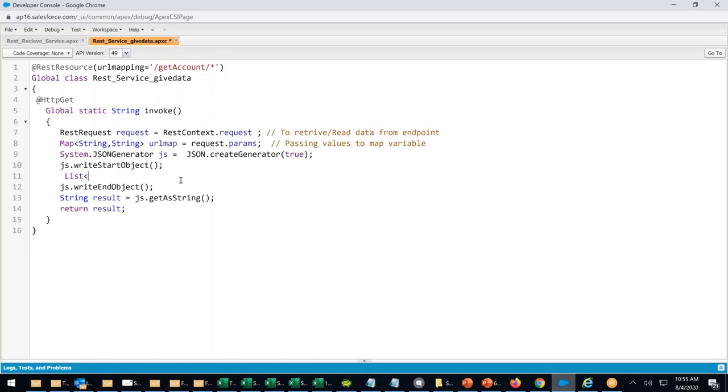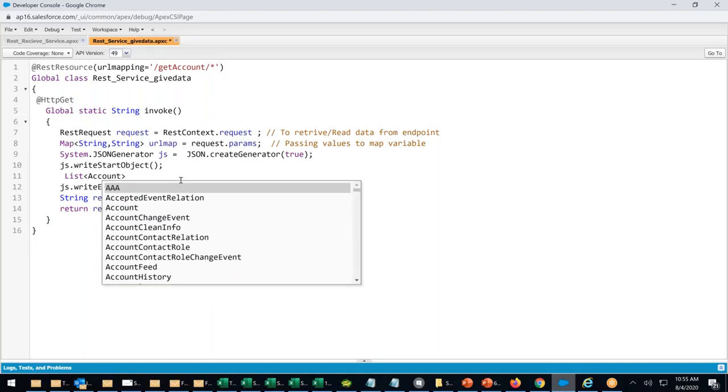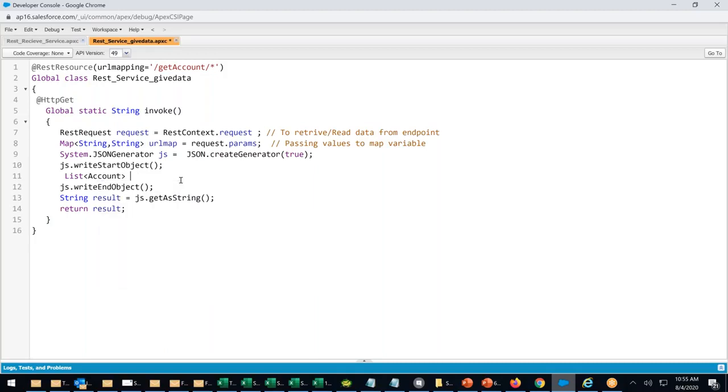In the same program, I have taken get account, a list of accounts. What is that? The list is account list AL, equals to, and I will write an SQL query. Select name, phone, fax, industry, whatever fields that you want, from account, where